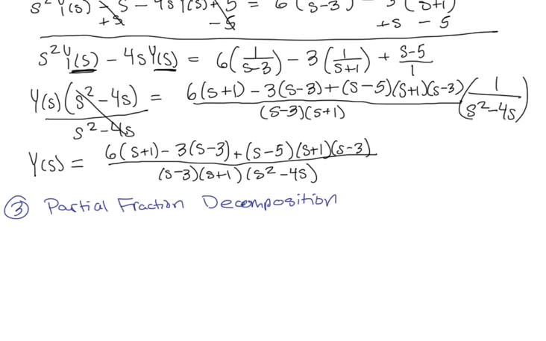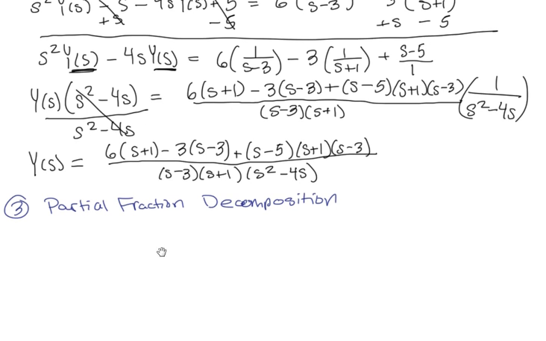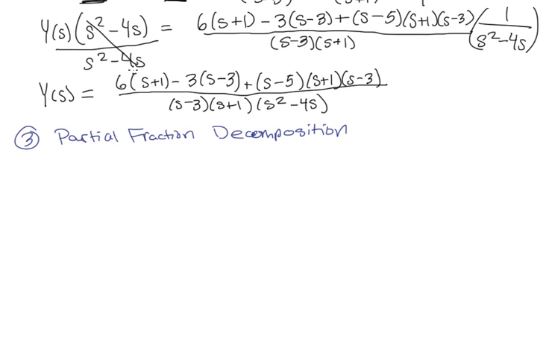Before we do the partial fraction decomposition, let's clean this up a bit, just to make our lives much easier. So cleaning this up, basically distributing the 6, the negative 3, multiplying s minus 4 times s plus 1 times s minus 3, we're going to get in the numerator